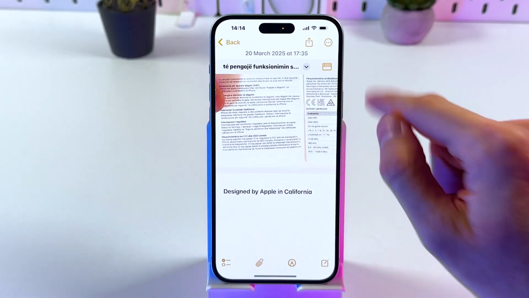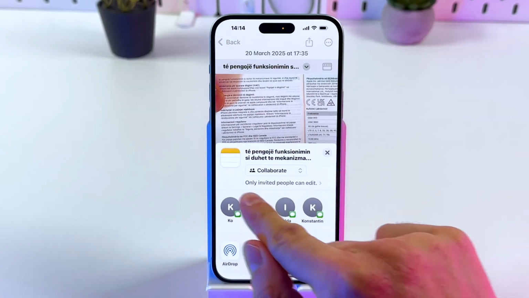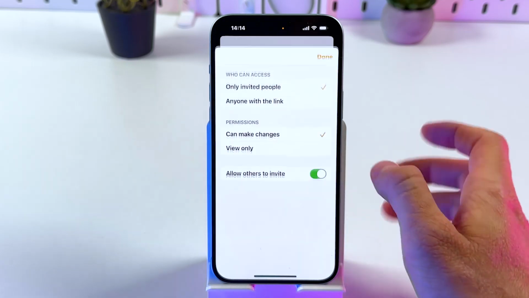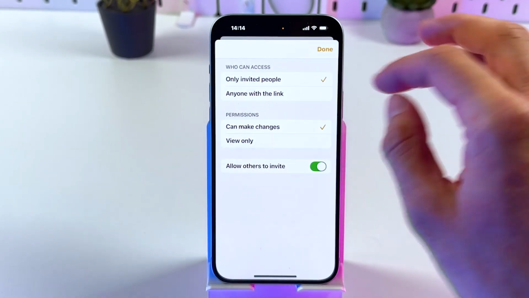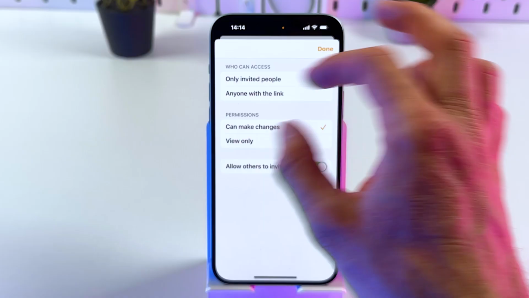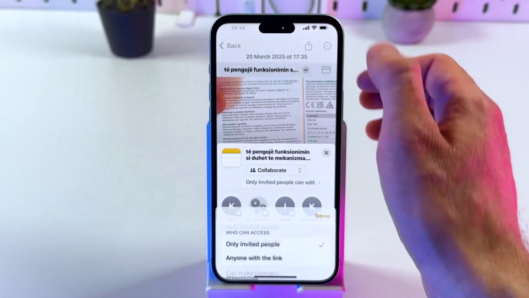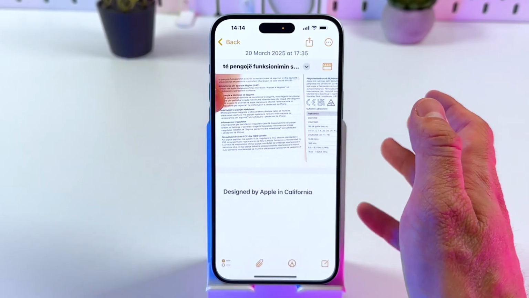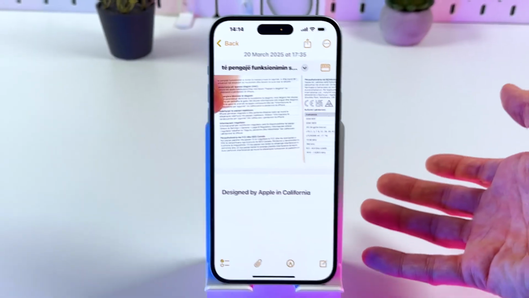If you open up your notes, press the share icon and choose your collaborator option, you can adjust who can access this note. So invite people in with the link, you can make messages view only, you can share this note, and if you need, you can